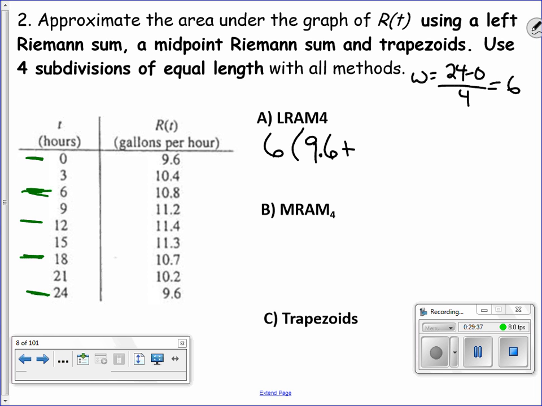So that's 10.8. The next rectangle, we're going to use the 11.4. And then the last one, 10.7. Because we're using the left. If you're going from 18 to 24, all right,